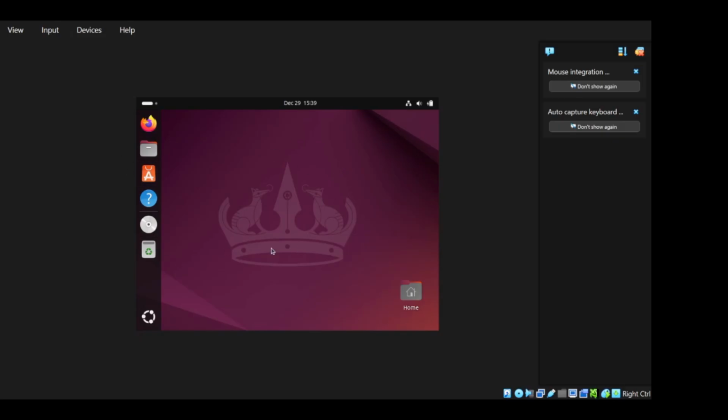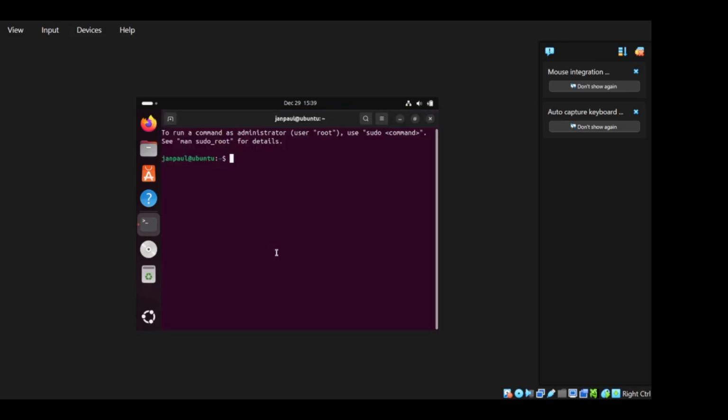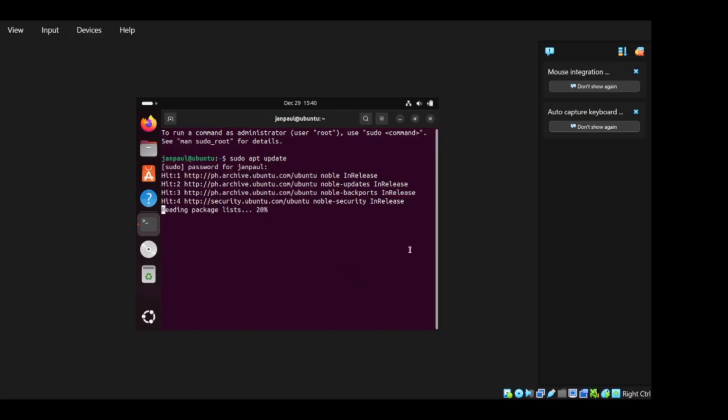Next, we will open the terminal. Just press Ctrl Alt T. As you can see, we opened the Ubuntu terminal, and let's run commands like sudo apt update, and input the password admin. Let's wait, guys, because this will update Ubuntu.